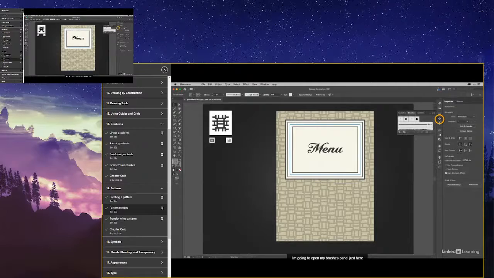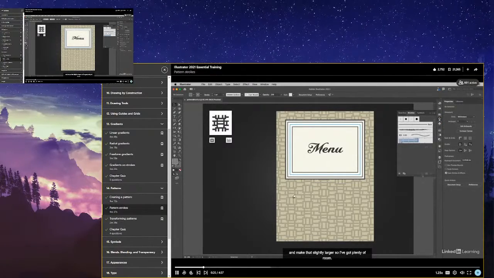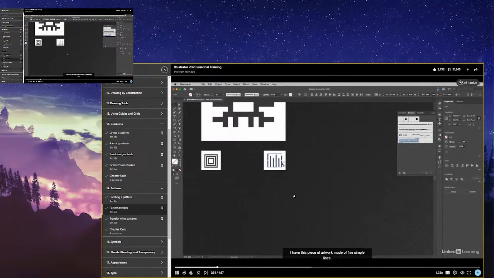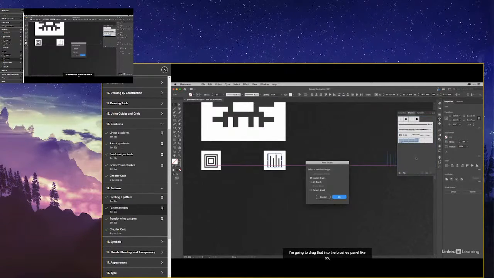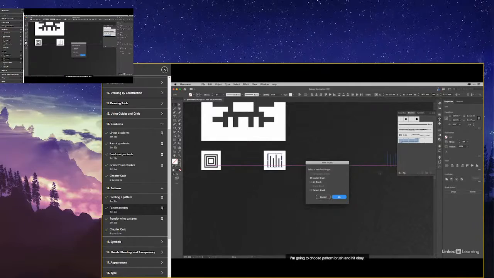Now in the course, brushes are later on in the chapter with appearances, but this one is worth mentioning at this particular point because it's so very useful and it relates to patterns. I'm going to open my brushes panel just here and make that slightly larger. So I have simple lines. I'm going to drag that into the brushes panel like so, and then when this dialog appears,